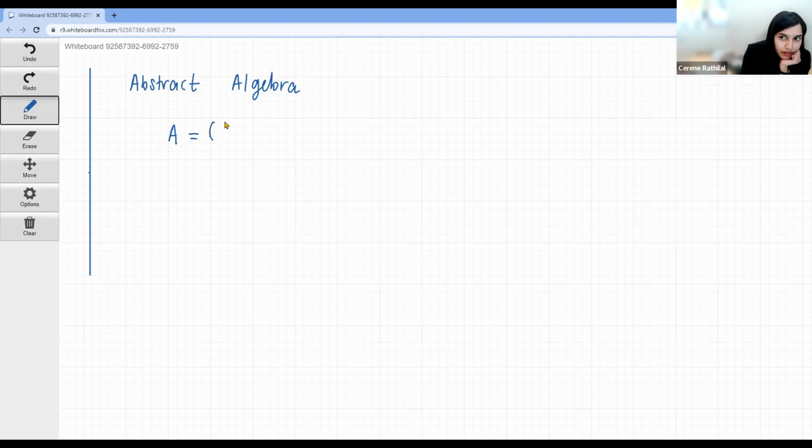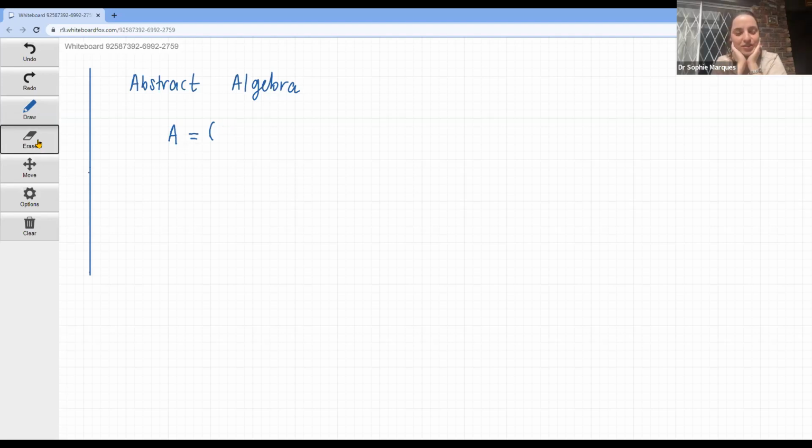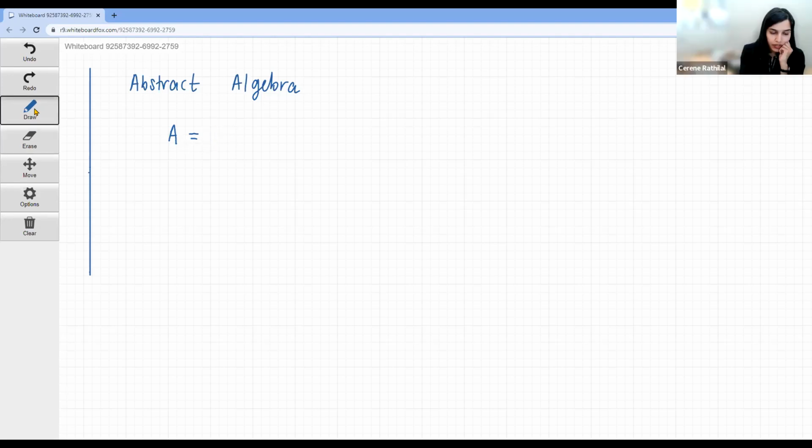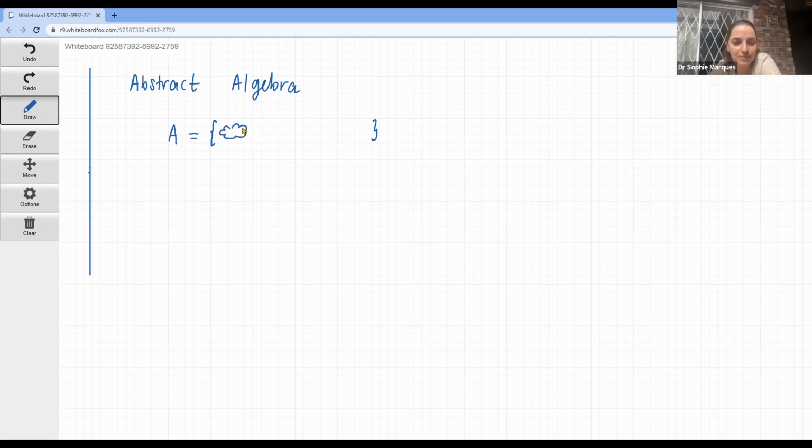Is round fine? No, because the notation is very important. So it really needs to be an accolade. Okay. So that symbol in English, you would write it as: A will be the set with whatever I put inside. The cloud,